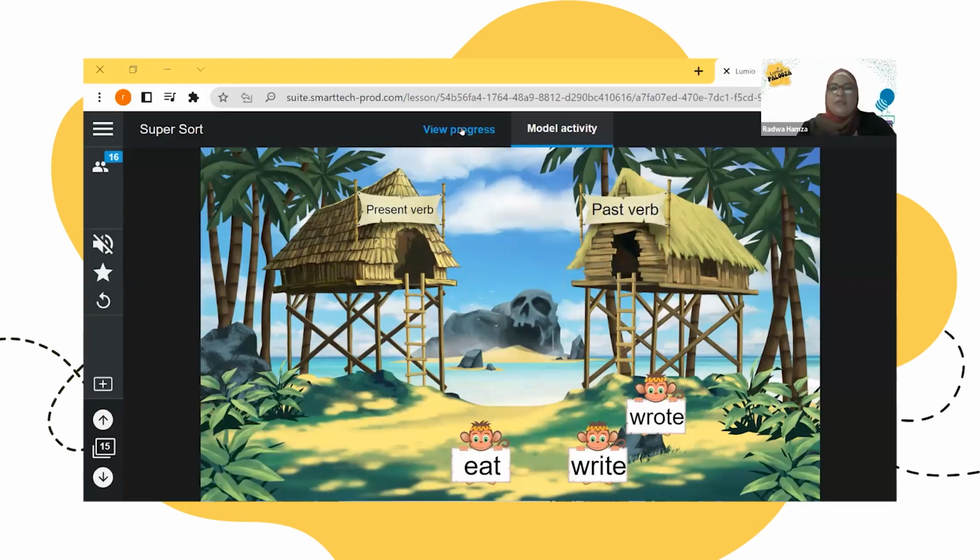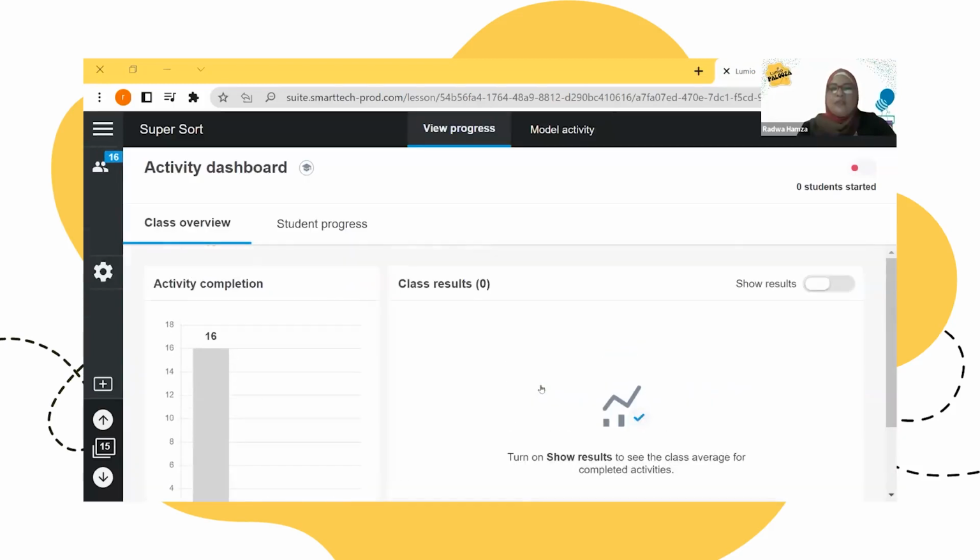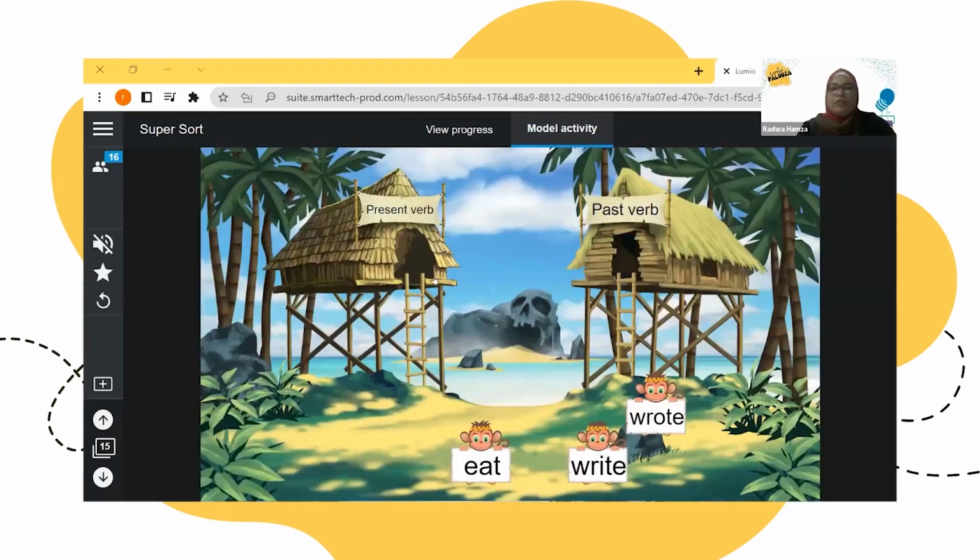Let's see the progress of my students. Waiting for you to join me, right? Match with roles. And you have a lot of other themes in Lumio. You don't have only this theme, you have a lot of themes like this, and you can choose. Great.